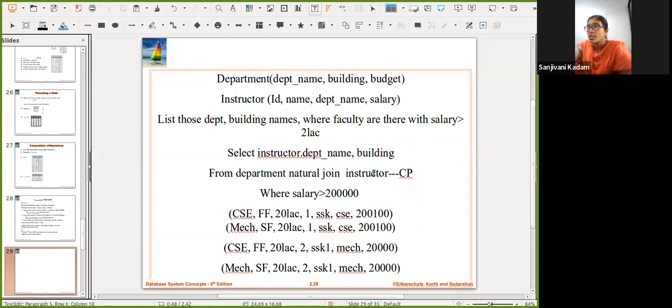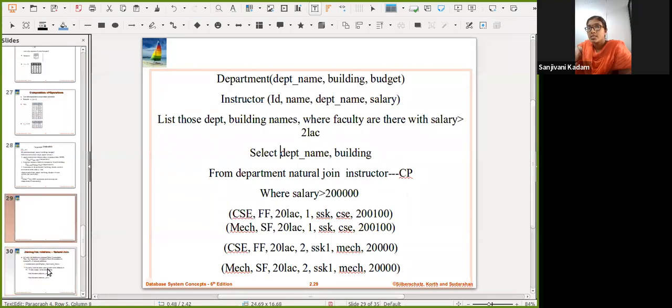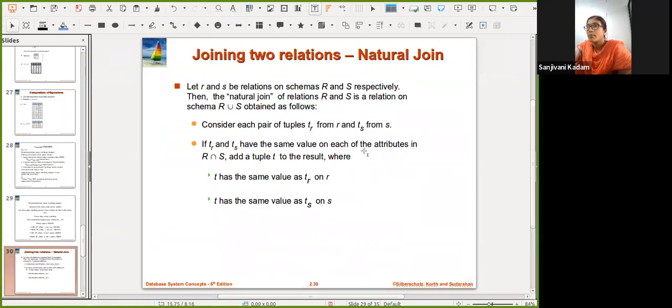The natural join joins two relations based on the equivalence of their attributes. Whatever attribute names are the same, it will check for the equivalence, and only then does it qualify that tuple to be a part of output. And whatever attribute is common, it will keep a single instance of that attribute.